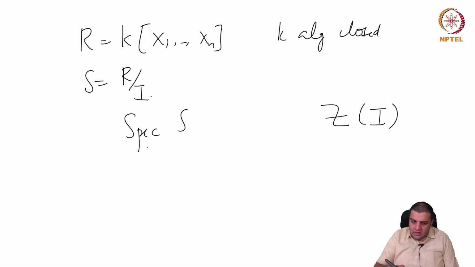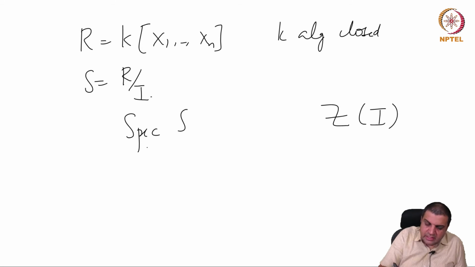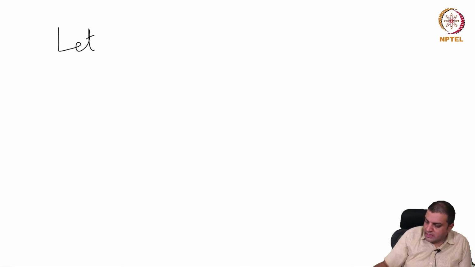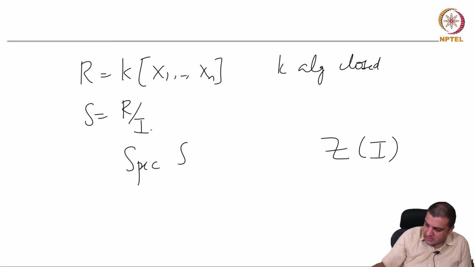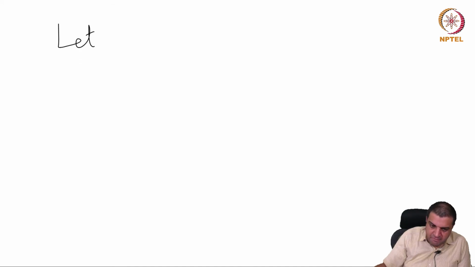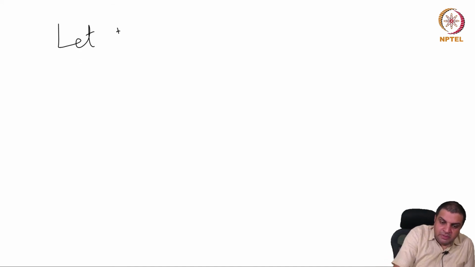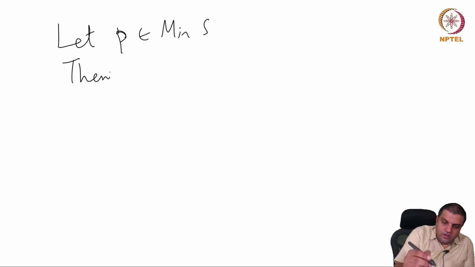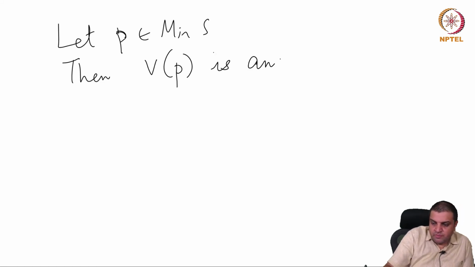Okay. Now let's take an irreducible subset of this. So we know that an irreducible subset of spec of S is V of P. Let P be a minimal prime of S, then V of P is an irreducible subset